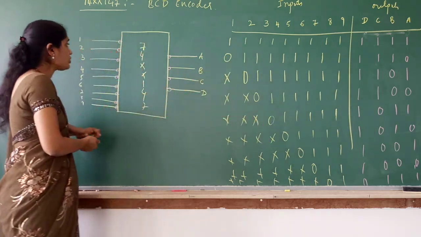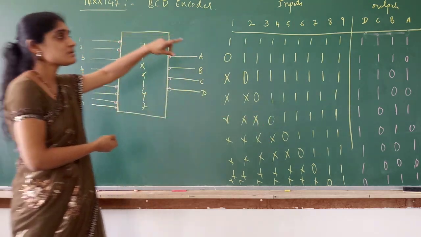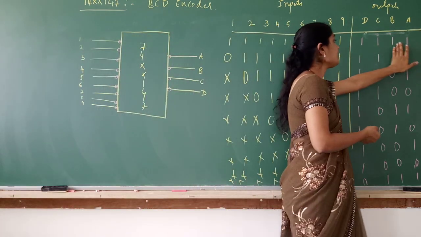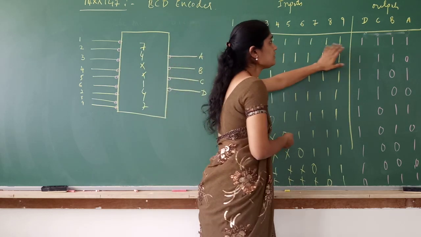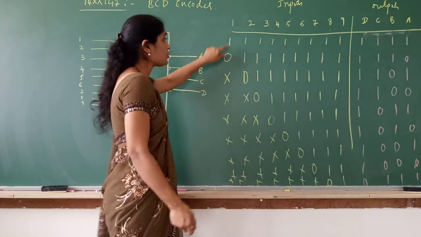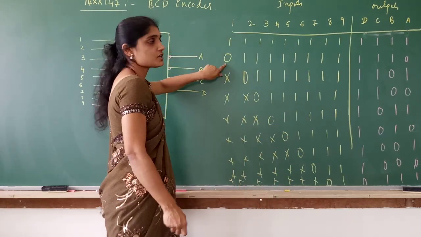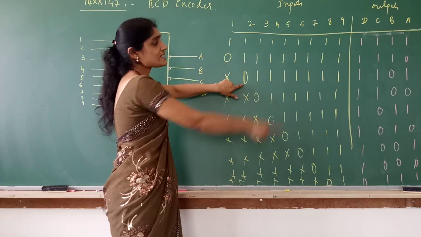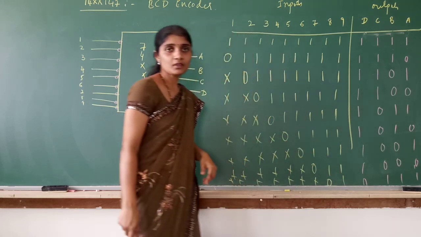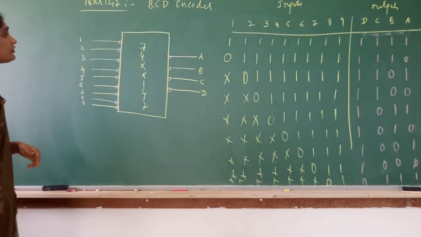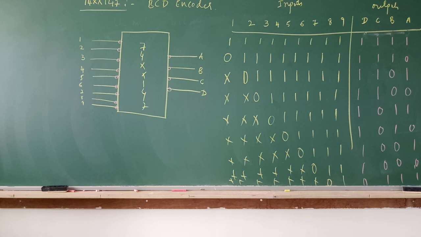So why don't we have one more input pin? Because decimal number 0 can be encoded by using all the 9 inputs. By making all the 9 inputs as 1, we get the decimal number 0. If you make pin number 1 active, decimal number 1. Pin number 2 active, 2, 3, 4, 5, 6, 7, 8, 9. Okay. So that's how the 74XX147 IC is going to work.